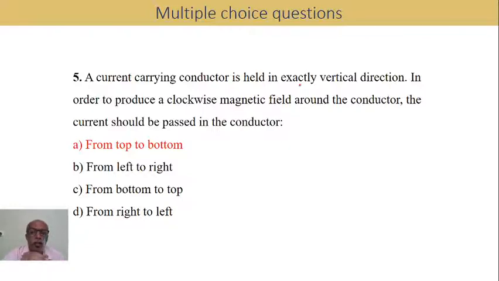If it is held in this way, such that the current is in upward direction, the magnetic field will be anti-clockwise. For the magnetic field to be clockwise, the current should be downward, that is from top to bottom. So, in order to obtain the magnetic field in the clockwise direction, the current should be downward. For the magnetic field to be anti-clockwise, the current should be upward. So this is about